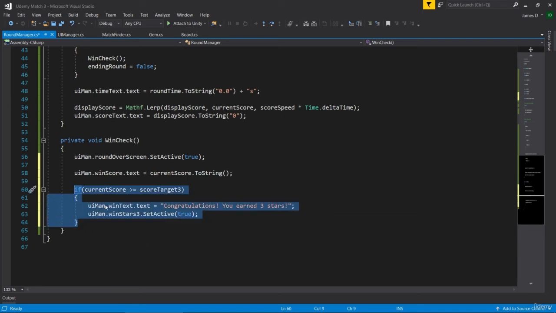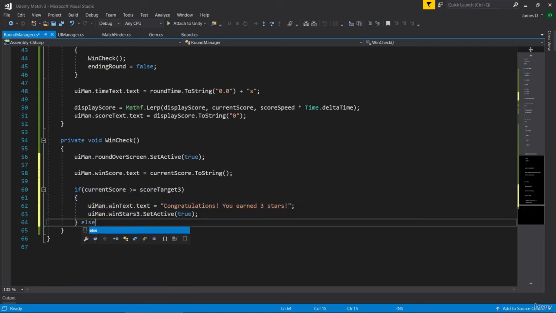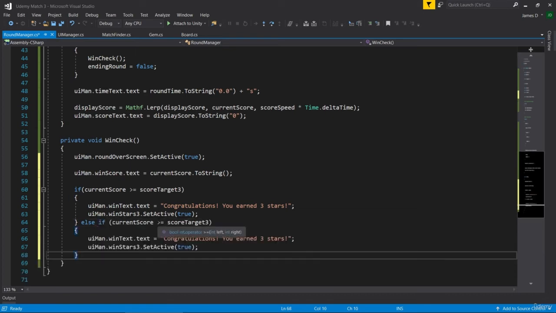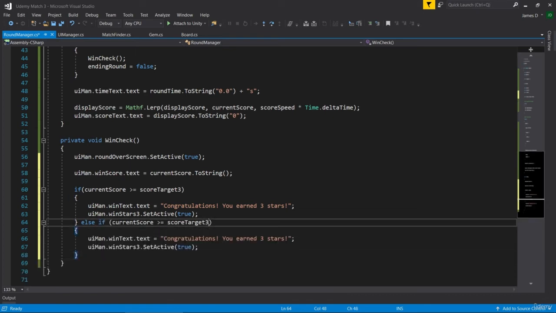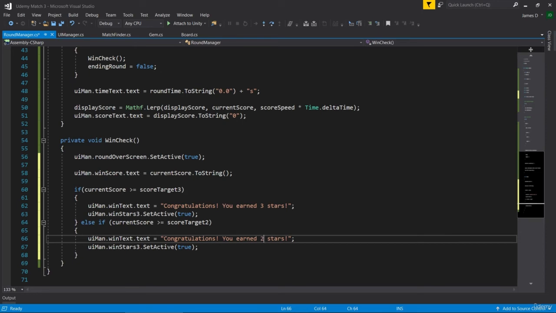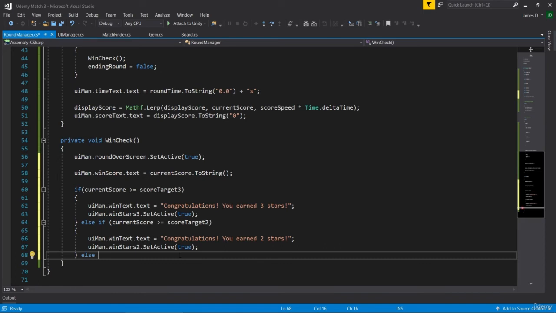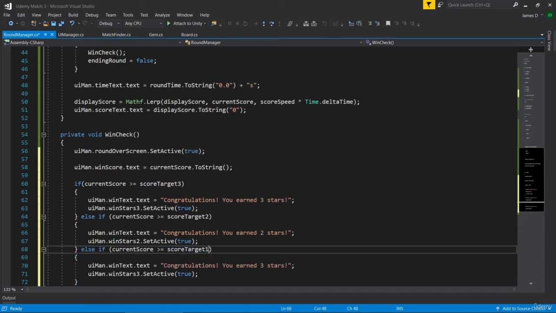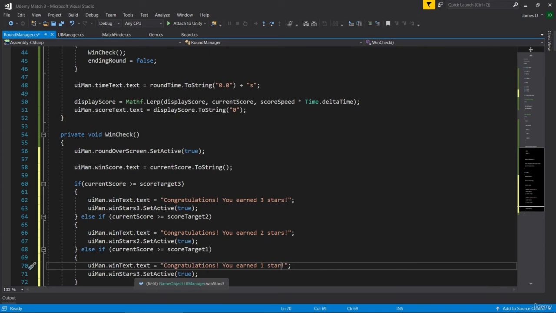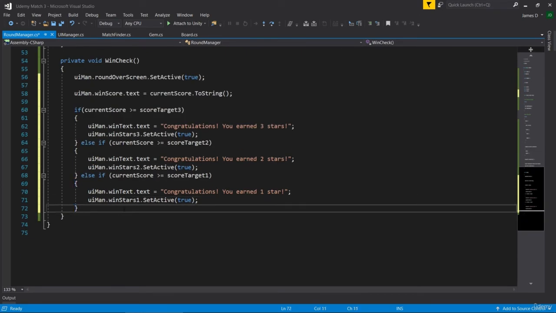And then we're going to do the same thing for the next one down. So I'm just going to copy this for the moment, but then we're going to say else, and I'm going to paste in. So now we're going to say else if our current score is greater than target score 2. So obviously if we haven't got up to the third target, then we're going to say, oh well, let's have a look at the second target, and if you did that, then you can get 2 stars, and we're going to activate winstars2. Then again, else if our score is greater than target score 1, you earned 1 star, and we'll activate winstars1. And then finally we'll say else